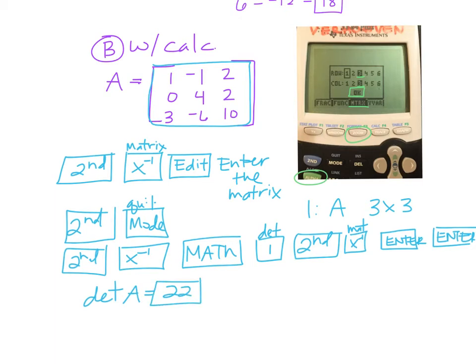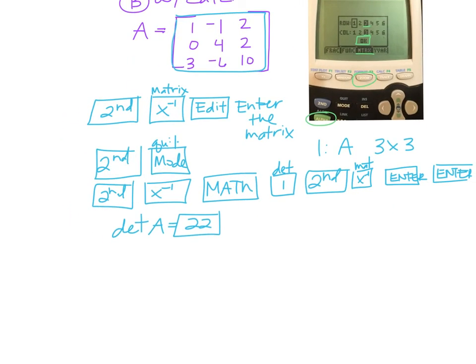Okay, so it's a lot of buttons and jumping around. But it's a lot of the same buttons. You just have to go back and do different things in it again. Okay, so that's finding the determinant. When they say find the determinant of A, this would be your process. Okay,